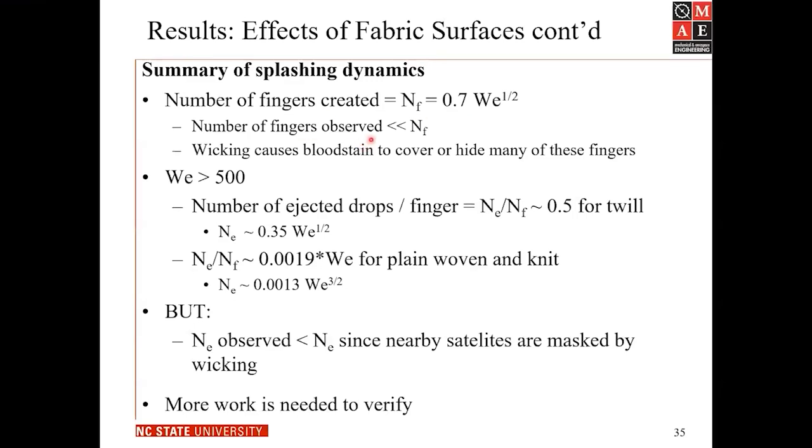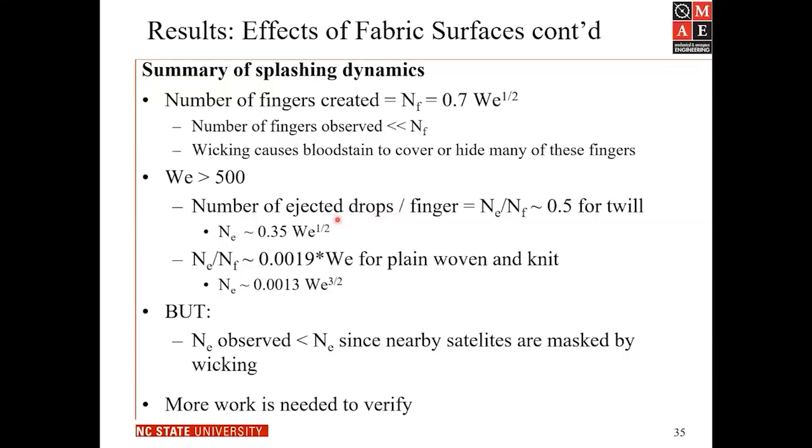So the number of fingers is, as I said, 0.7 times the square root of the Weber number, but this is the number created in the impact. What you observe at the crime scene is much, much less because, as we saw earlier, the wicking spreads out and covers many of those fingers. So the number of fingers you observe is far, far less. You may not observe any fingers whatsoever, even though they may have been created during the impact. However, the number of ejected drops, if the drops are thrown far enough away so they get outside of the wicking